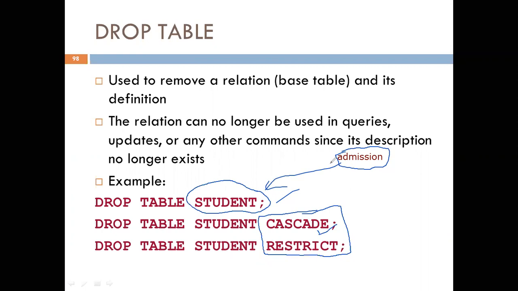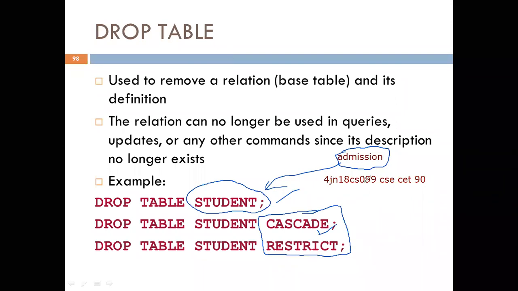Now let us consider a scenario where we have an admission for some particular USN, something like this. Let us assume this is the data that is present in the admission table: some USN, followed by the department, then the quota and the PUC percentage.